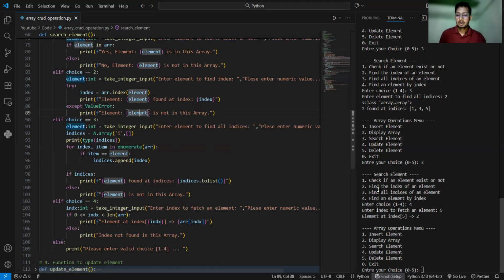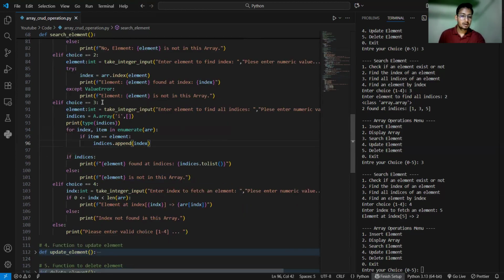In a similar way, if we want to find all the indices of a given value, then option 3 will execute for this. Then at first it asks for the element which you want to find, okay, and after that